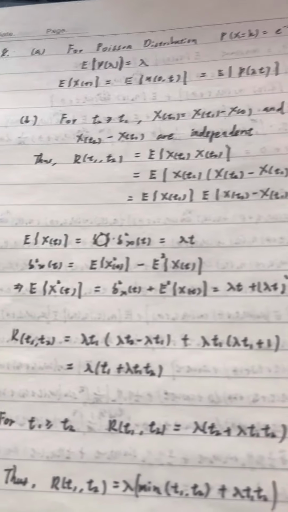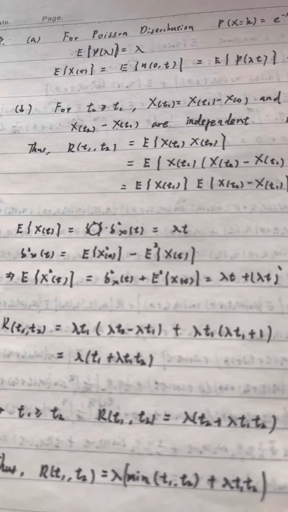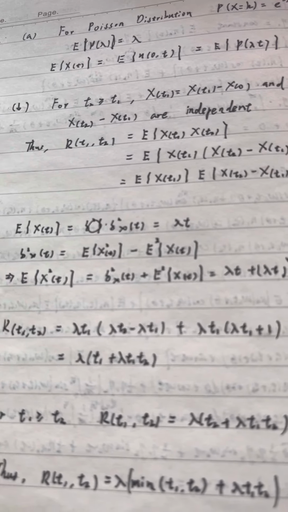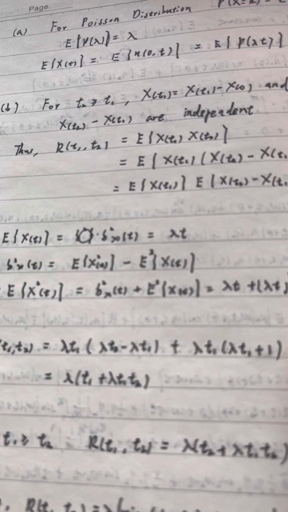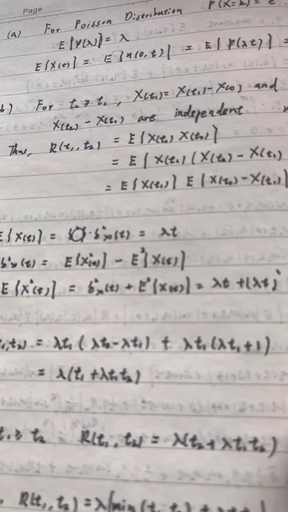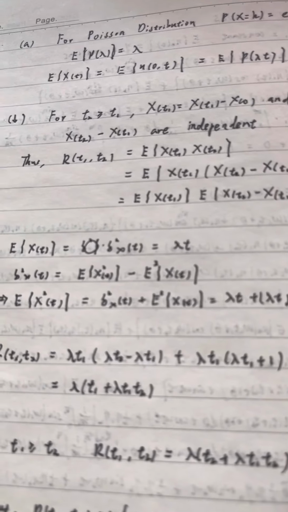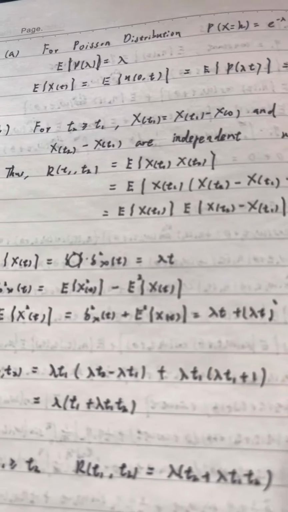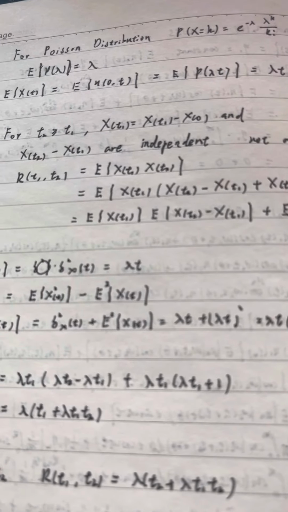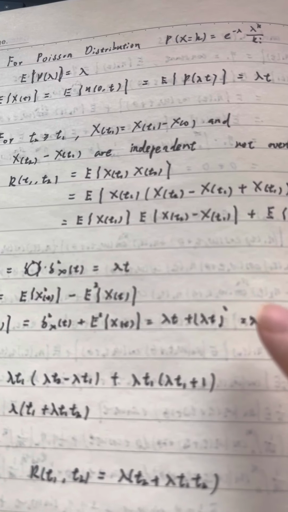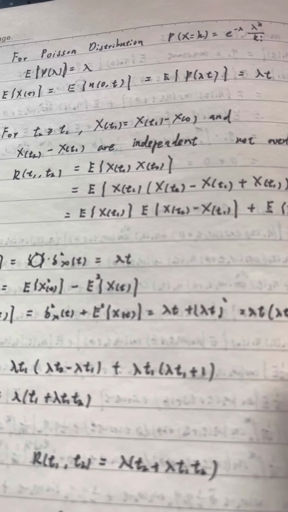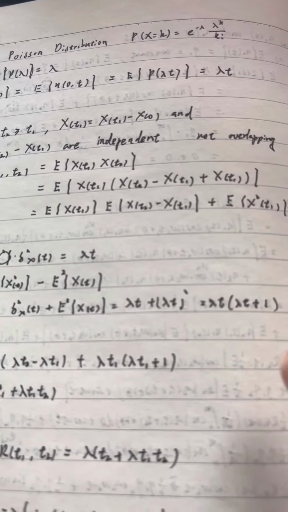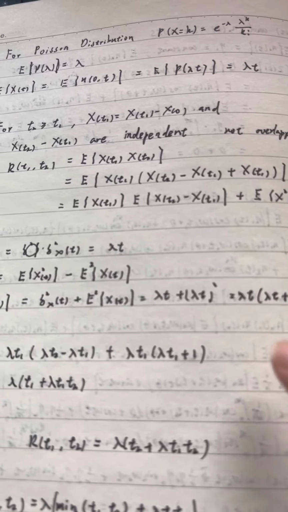For subproblem B, it asks us to find the autocorrelation between t1 and t2, which is R(t1, t2). Here we may first discuss when t2 is larger than or equal to t1. The case where t2 is smaller than or equal to t1 is similar, so we can just think about the first case for simplicity. Here X(t1) equals X(t1) minus X(0), and X(t2) minus X(t1) have no overlapping times, so they are independent,